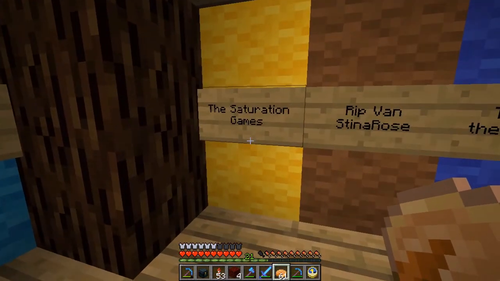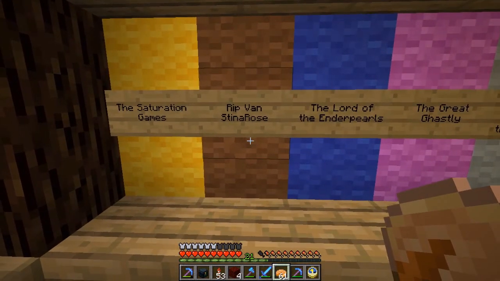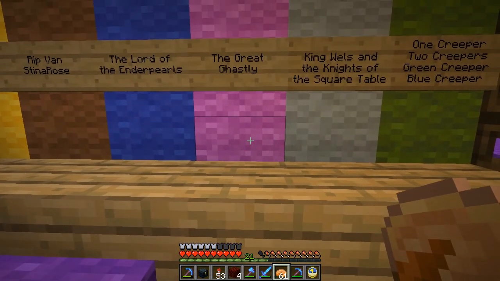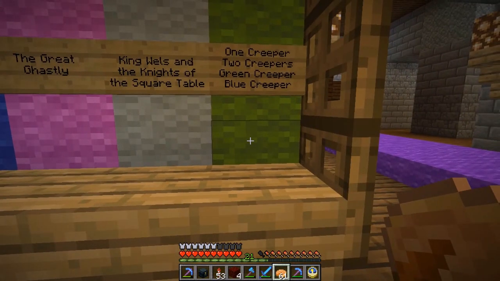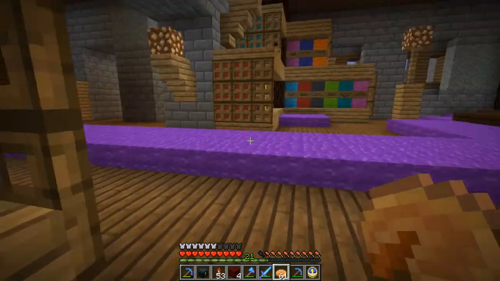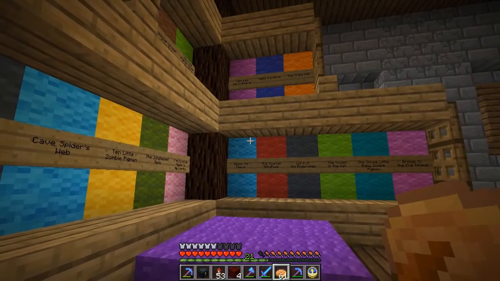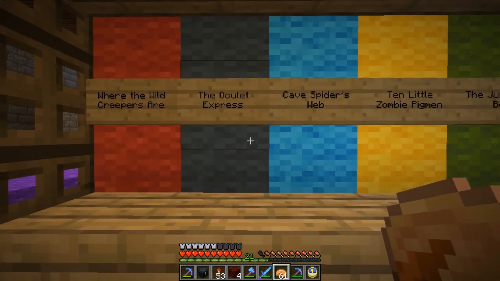Saturation Games. Alright. Rip Van Stina Rose. The Lord of the Ender Pearls. The Great Ghastly. King Wells and the Knights of the Square Table. Oh, square table. Yeah, I guess that would be appropriate for this place. Yes, 1 creeper, 2 creepers, green creeper, blue creeper. Yes. Let's see. These are obviously the bookshelves for the giants. Where the Wild Creepers Are, the